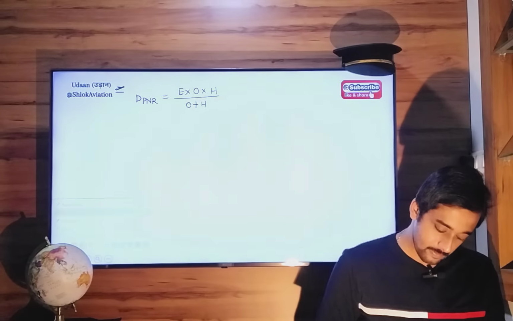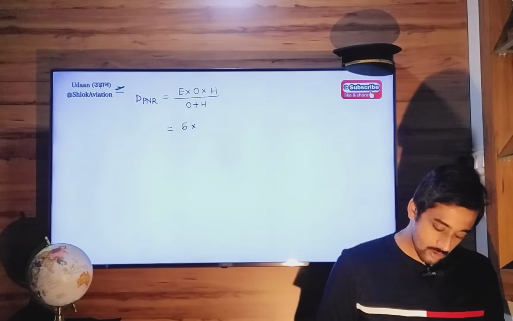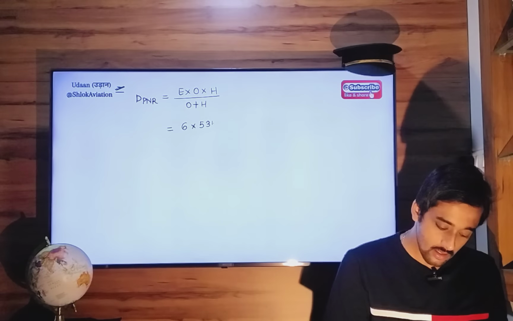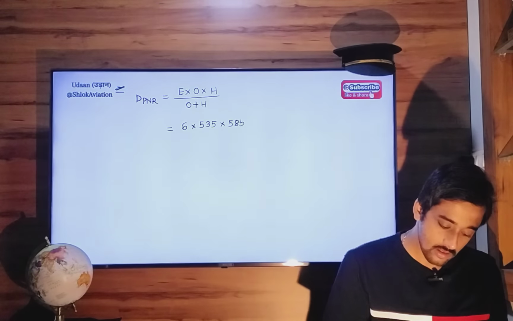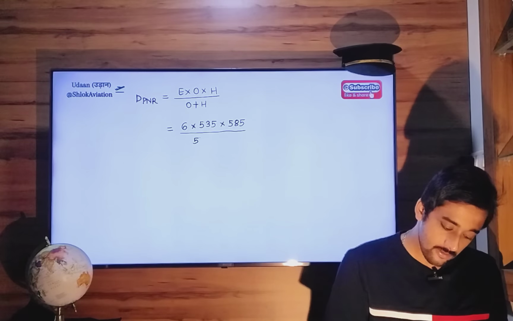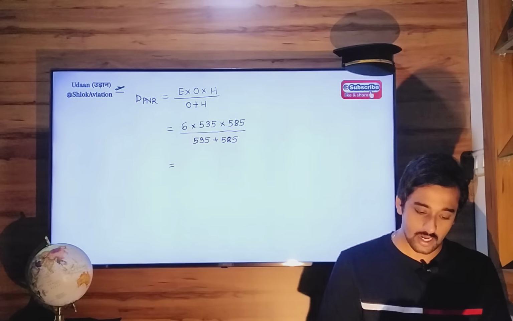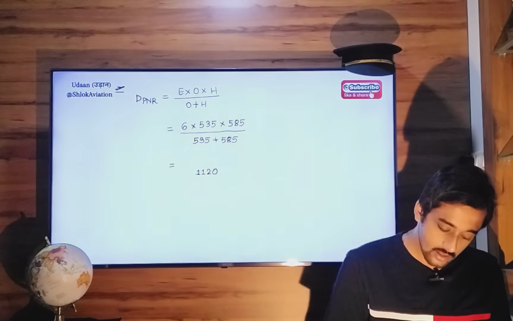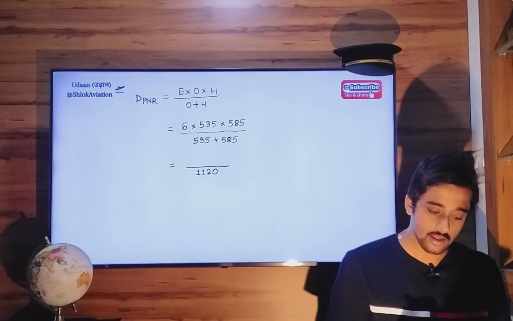plus homebound. So endurance is 6 hours, outbound speed is 535, homebound speed is 585 divided by 535 plus 585. 535 plus 585 is 1120. 6 into 535 into 585 is